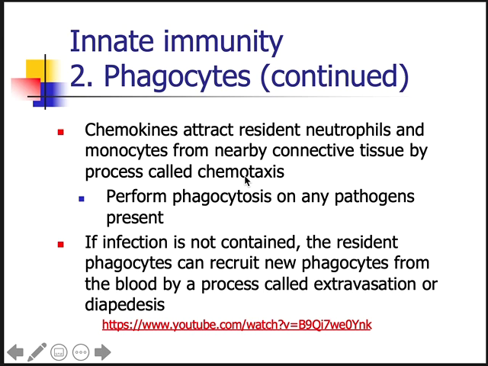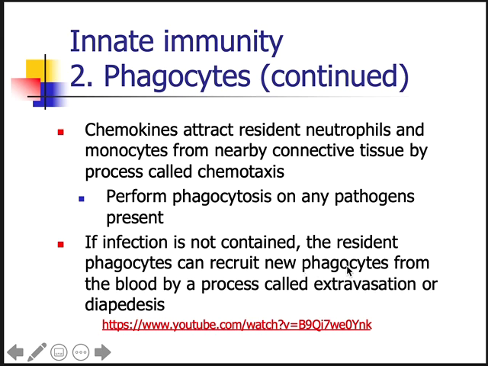And they're going to perform phagocytosis just like we talked about with any of the pathogens present. But if there's enough bacteria present, they might not be able to handle that on their own, and they might need to recruit more phagocytes to the area. And so they would release more of these chemokines, and you would get new phagocytes from the blood